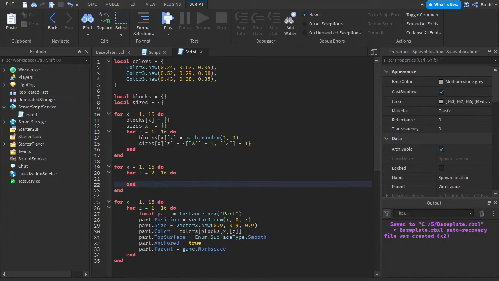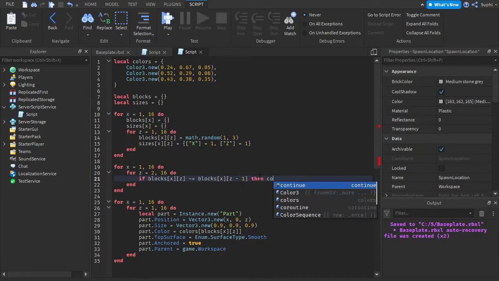Now what I'm going to do is check the ID with the previous z-axis ID to see if they're different or the same. So I'm going to say if block, using the x and z values as the coordinates, is not the same to the block ID but with the z negative 1,